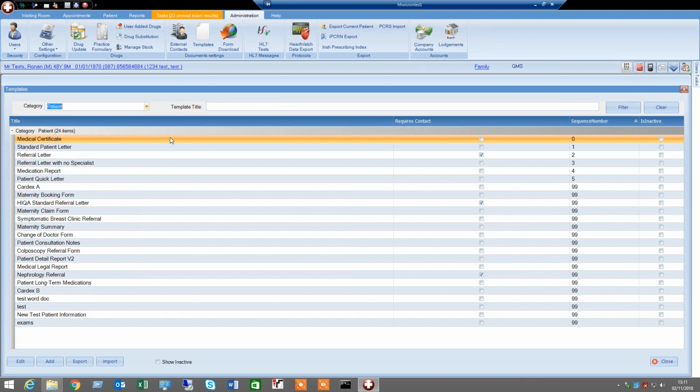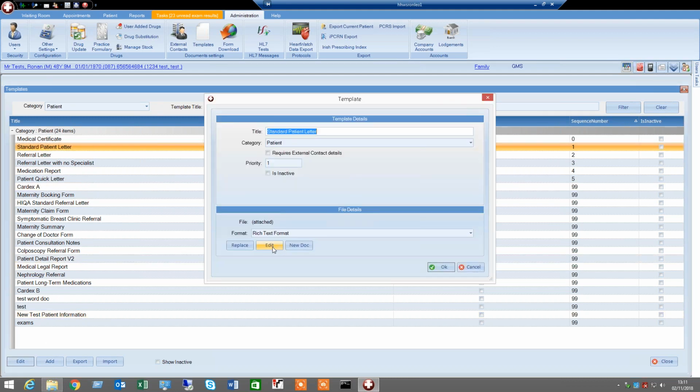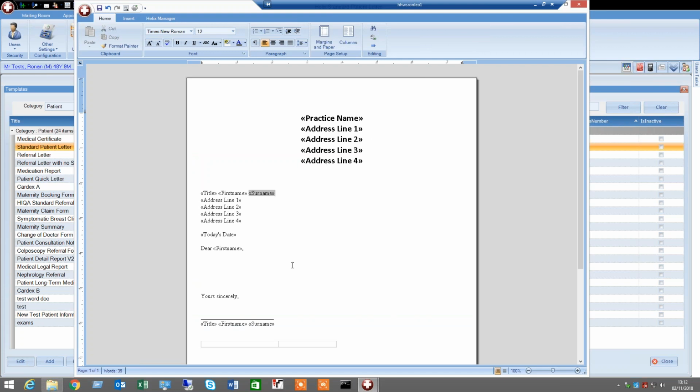Now, what we'll do is edit a template that's already there. Say I want to change the standard patient letter. It could be a case that I'm always writing the same line on the first page of a letter and I don't want to have to type it every time. So if I click on standard patient letter, click on edit, and click on edit again, you'll see that this looks slightly different, in so far as it's bringing in merge fields as opposed to the actual practice details. So say if I want to write